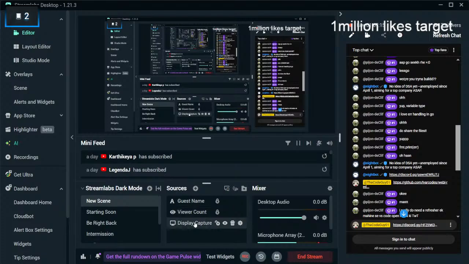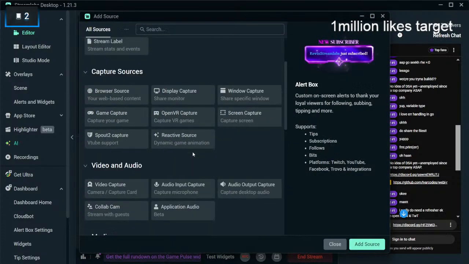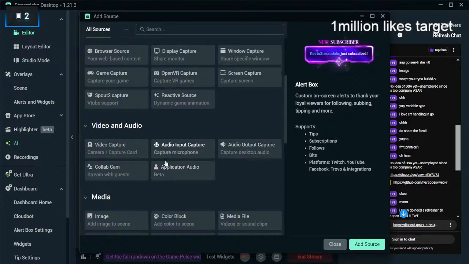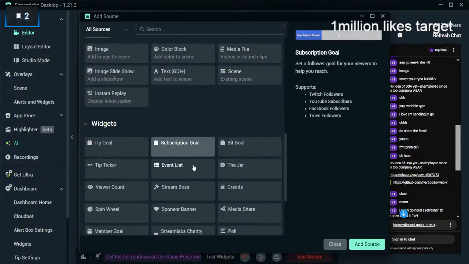We are back, guys. Do we have something else here? What does this mean? Capture VR games, share monitor, capture screen, collab cam, audio output capture, image sync, instant replay, display instant replay, media files, video, sound, description.